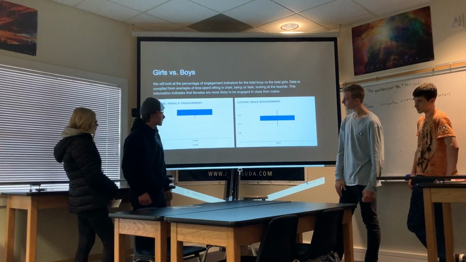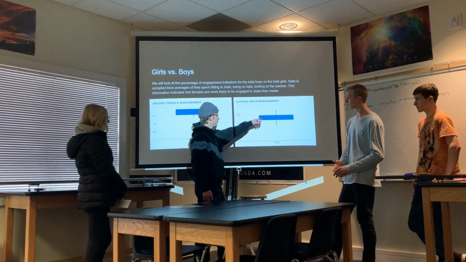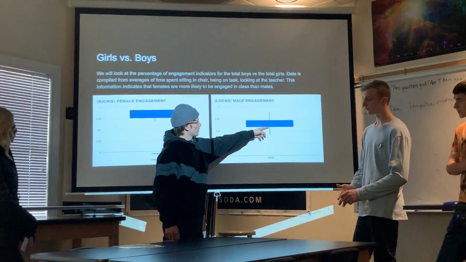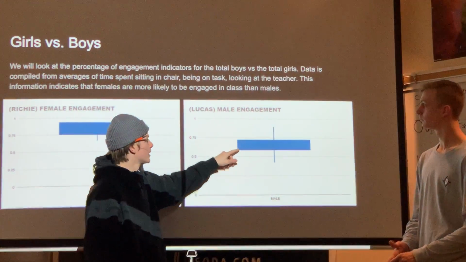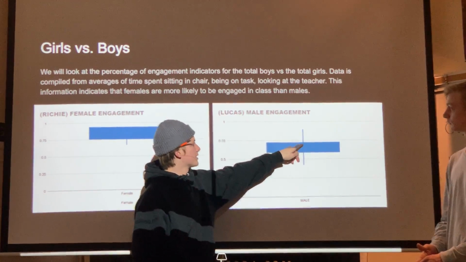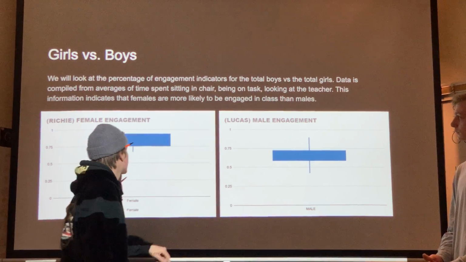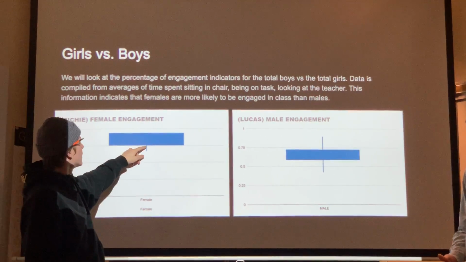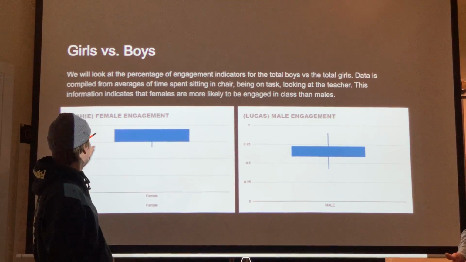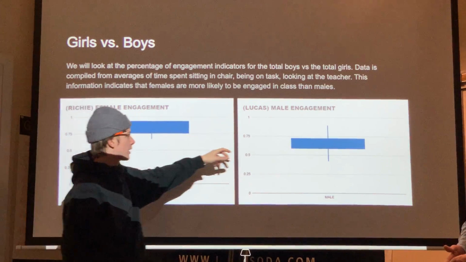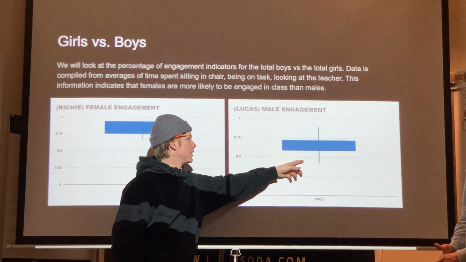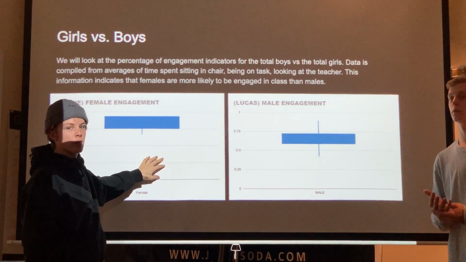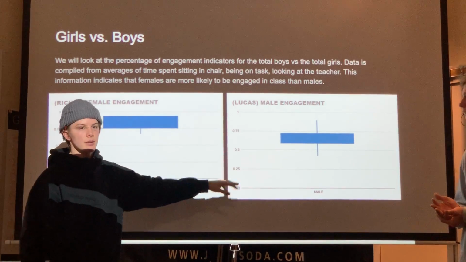Okay, and then just a quick explanation of the box plots. This line that extends up and down, and this line that crosses, they all interact. This lower line is 25% of the data, this middle section is 50%, and then this is another 25%. So another way you could look at this is, since the small line is underneath, this is 25% of the data. So 75% of the data was above 75% engagement, and here, the lower 75% of the data was below 75% engagement. What you can see by looking at these two is that female engagement was generally higher than male engagement.